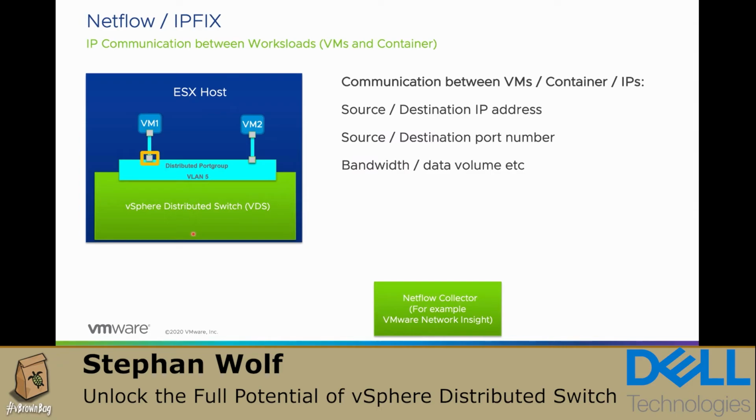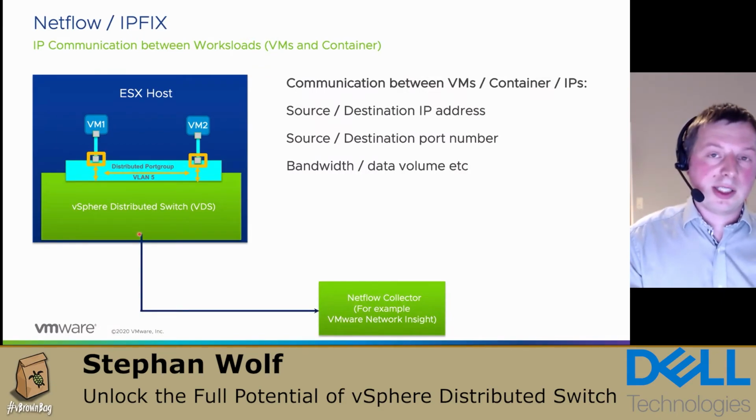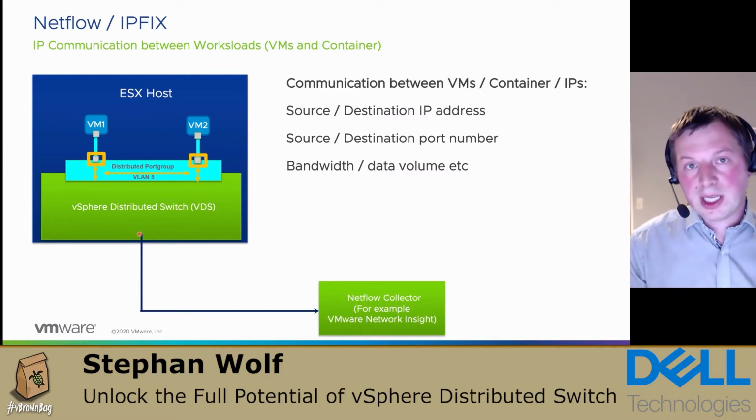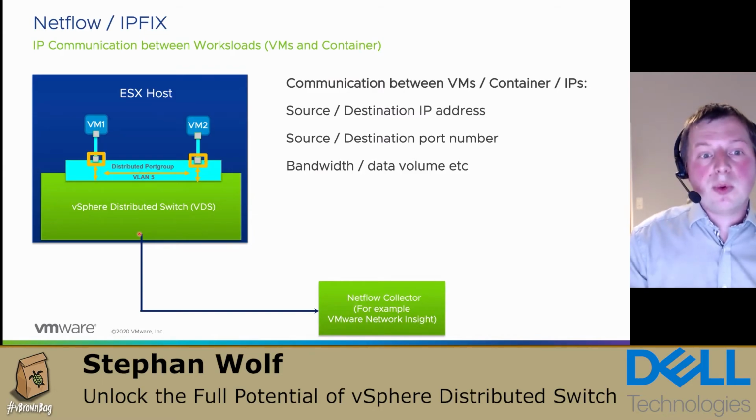So for example, we have here the virtual distributed switch and the ESXi host, and we want to see the communication of the VMNIC 1 and the VMNIC 2. We see the communication between them, also when they are in the same hypervisor. This is important because if you just collect the NetFlows from a physical switch, they will not see what happens inside the hypervisor. But if we enable NetFlow on the virtual distributed switch,